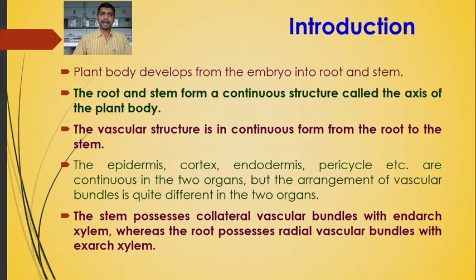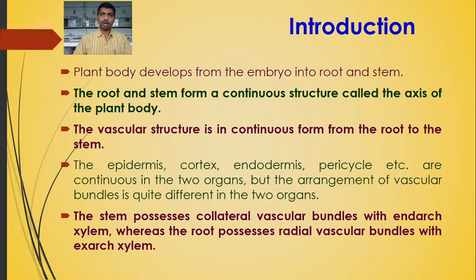As you know, the plant body develops from the embryo which is present in the seed, and that embryo germinates into the root and stem. Embryo consists of root initials and shoot initials. So these root initials develop into the primary root, while shoot initials develop the aerial stem. So this primary plant body that has developed from the embryo into the root and stem, and later this stem bears the leaves. So we are going to study the internal structure of root, stem and leaf.